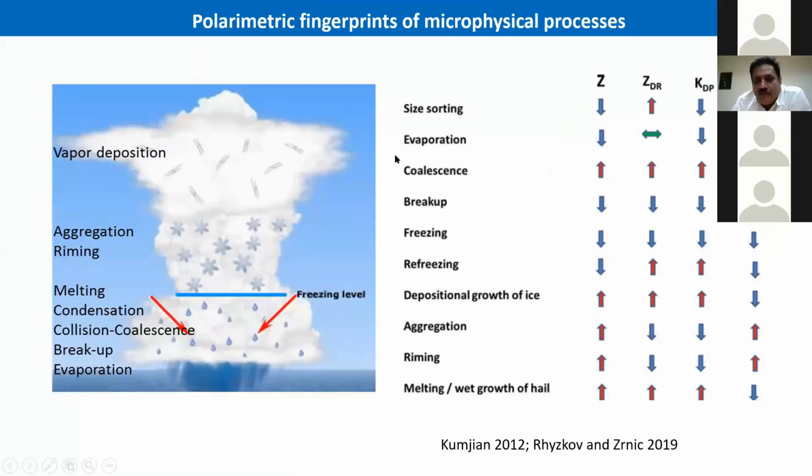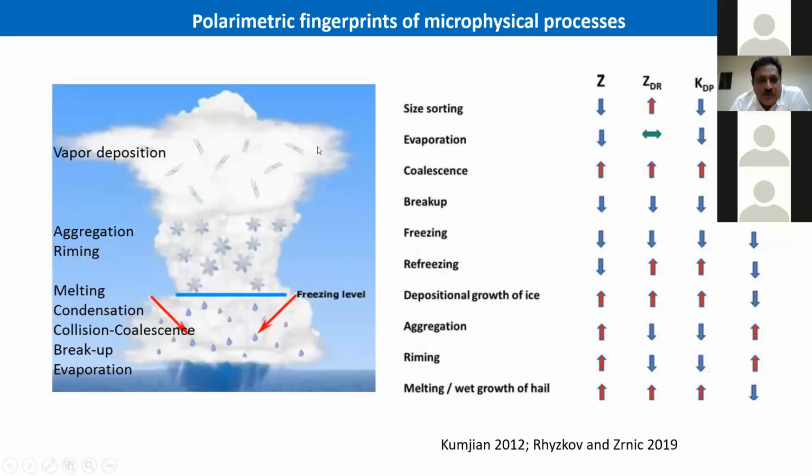Okay, so for example, if evaporation is occurring, then obviously the drop size will decrease. When the drop size decreases, the reflectivity factor will decrease. Similarly, when collision-coalescence occurs, the particle size increases, and the reflectivity increases. Like that, several things we can calculate. We can guess by looking at the